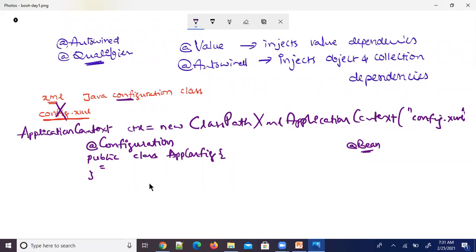So this configuration class can be loaded. The Spring application context, that's called the IOC container in Spring, can be initialized by loading the configuration from a Java configuration class. There is an implementation class provided for application context called what? AnnotationConfigApplicationContext.